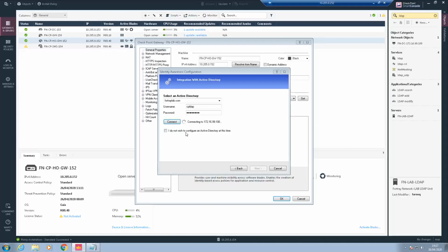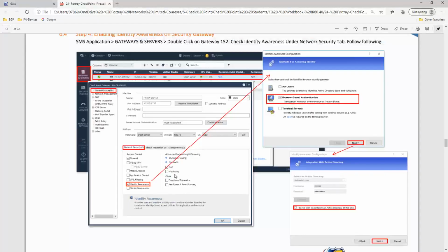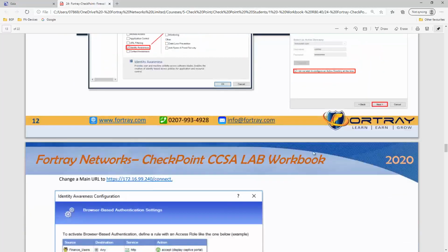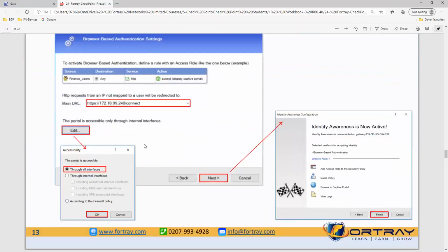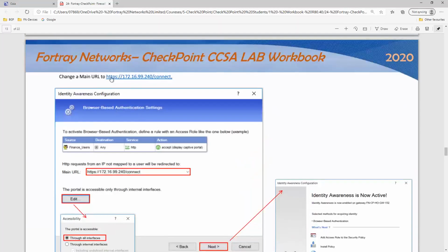If you don't want to configure it at this time, you can ignore this. So make sure you enable this. Then after that, browser-based username and password, and then later on, you need to configure a URL.